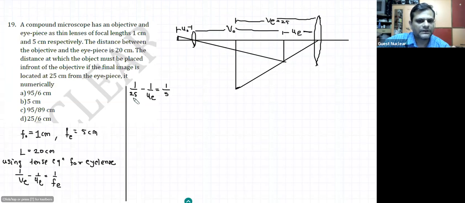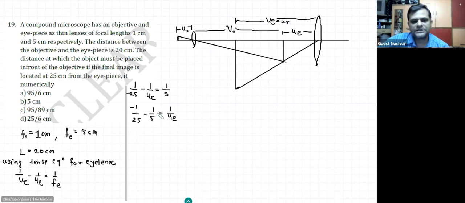But wait here. This VE is going to be negative in this case. Why? Because it's at the left side. Okay, for the eyepiece, UE as well as VE are both at the left side, and that's why both are going to be negative, and that's why a minus sign has to be put in front of this 25 here. Okay, and then we'll get a correct answer. So yeah, 1/UE transferred to that side, so that we get this minus 1/25 minus 1/5, which actually happens to be 1/UE here,